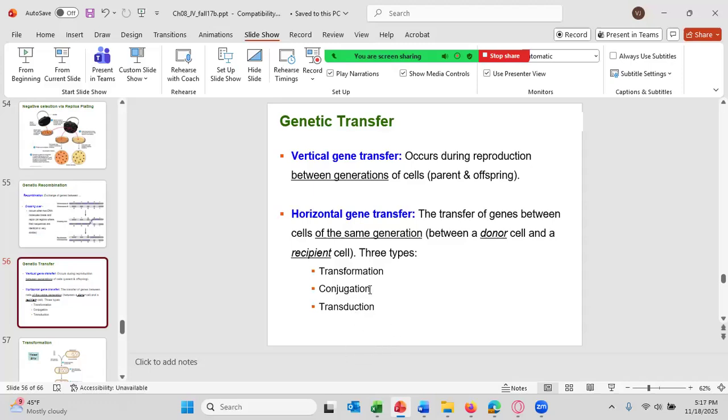Now, to state the importance of transformation, conjugation, and transduction, let me get